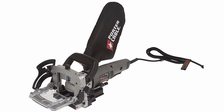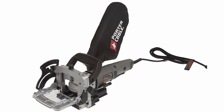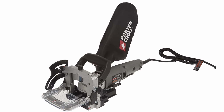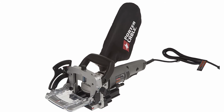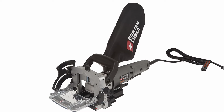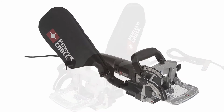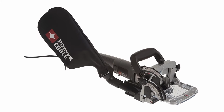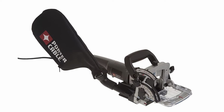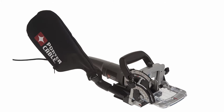the knottiest of hardwoods. One of the things that makes this biscuit joiner perfect for professional woodworkers and beginners alike is the adjustability. The joiner offers 7 depth stops that cover the 3 most common biscuit sizes, as well as 4 less common biscuit sizes. However, it is worth noting that making manual cuts can be difficult since there is no fine adjustment knob for